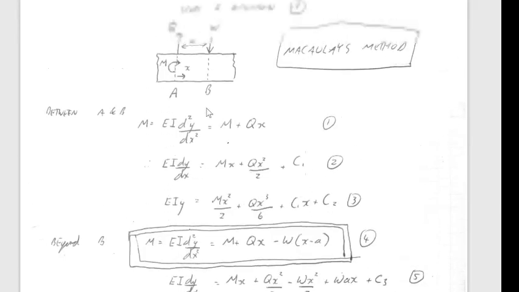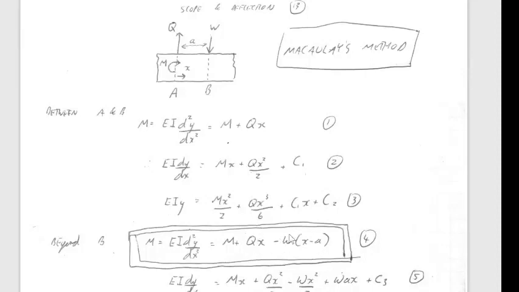Okay, now beyond B, we've introduced yet another load, W. So things change again. So we've got EI d squared y by dx squared equals m plus qx. So q is still there. Remember, we've gone past q. We're x meters along the beam. We're here now. We've gone x meters along the beam, so we've got this moment here,